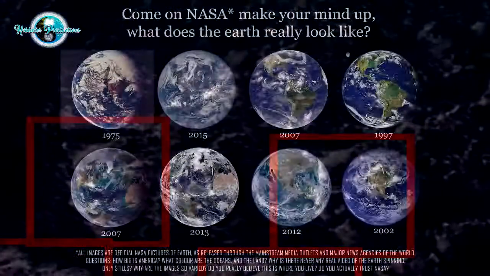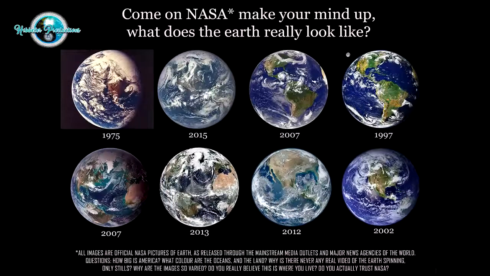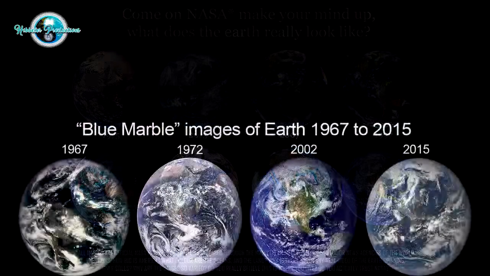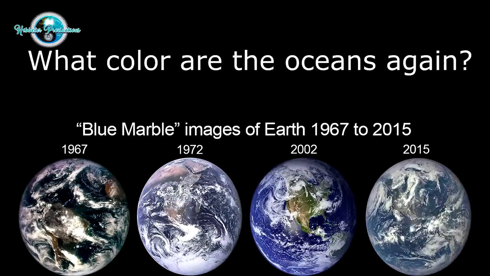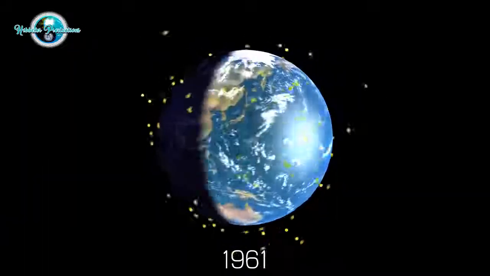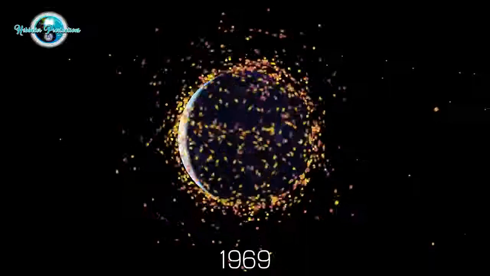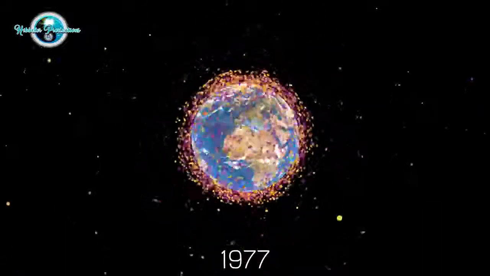Yeah, and the thing is, those pictures that you're talking about, the blue marble pictures, I think there's maybe 8 to 10 of them over time that NASA has put out, and you're absolutely right. None of those pictures look the same. The color of the water is different. Like you said, the continents are different sizes. It's just unbelievable. And I think what happened originally was they would put these things out and nobody was paying any attention to it. And then all of a sudden now, people are paying attention to it, and now they're pulling these pictures in, and it's an obvious fraud. What? And the thing is, there's supposedly tens of thousands of satellites orbiting Earth.